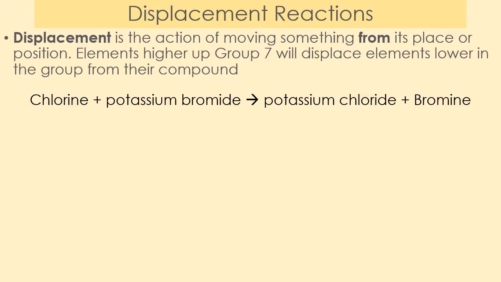We're now going to have a look at displacement reactions. So a displacement is the action of moving something from its place in position. So elements higher up group 7 will displace elements lower in the group from their compound. And by this is if we take chlorine and potassium bromide. My potassium bromide here is my compound,